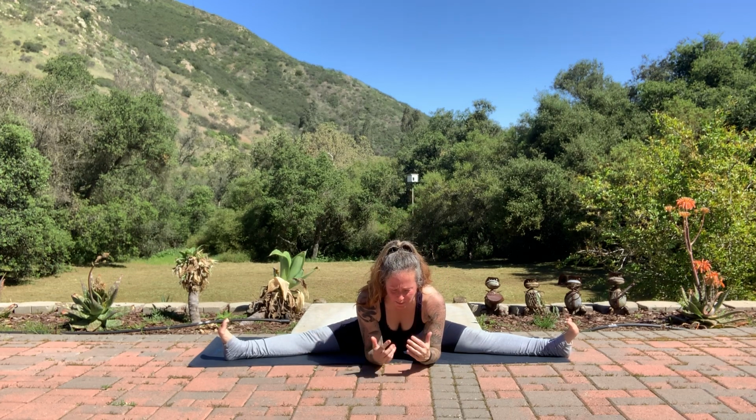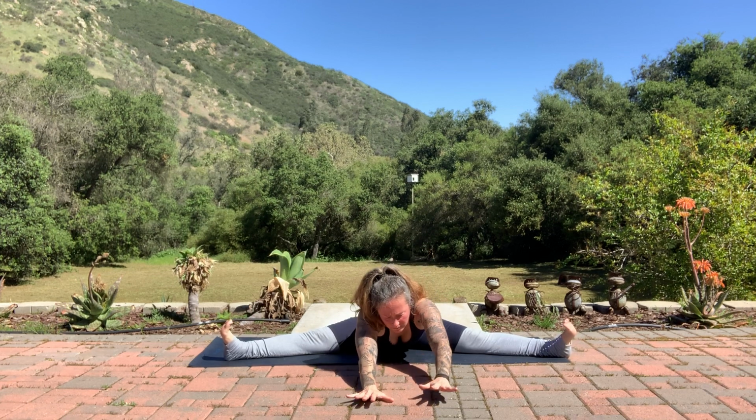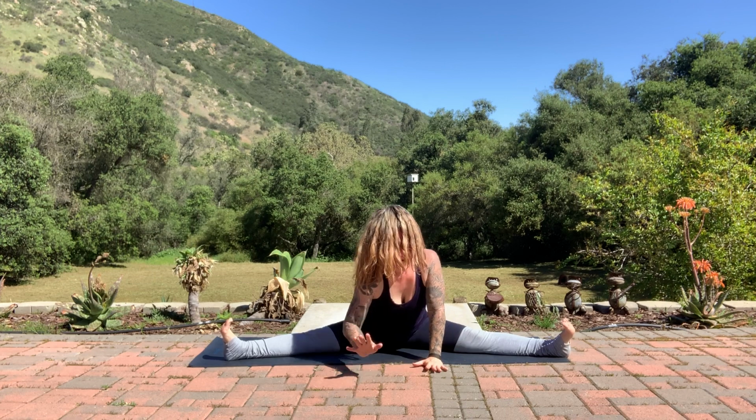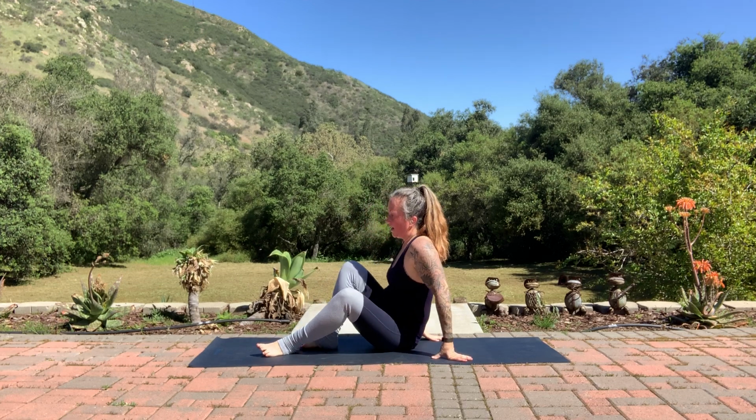Maybe walking down to the elbows, just keeping our spine extended and long as we bring it forward. Keeping those heels flexed. One more breath. As we slowly walk back on up. Now let's bring those knees in together. Beautiful. Now let's bring it over to the side